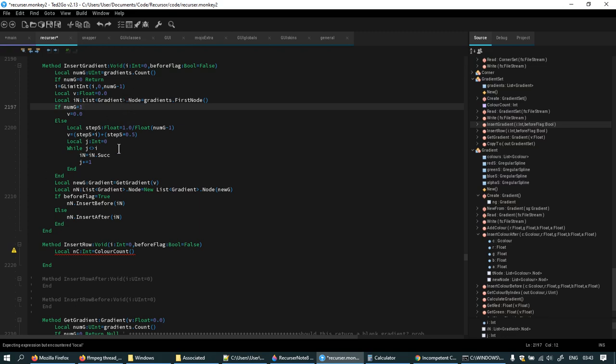But similarly here, I keep on using brackets when I shouldn't need to. Similarly here, I need a step size. Do I need a step size? Well, I want to say, if the color count is 1,